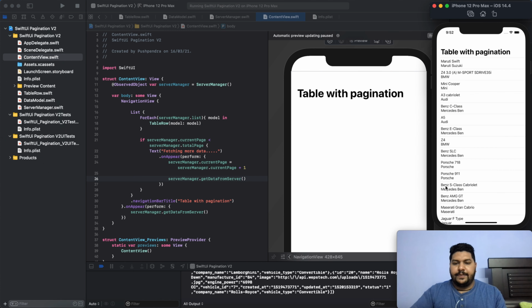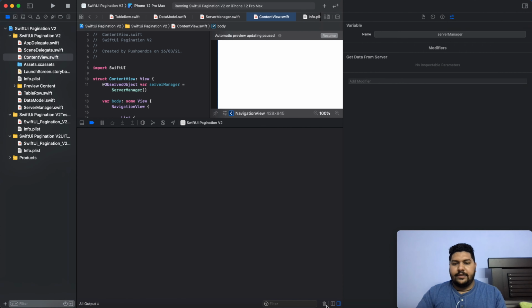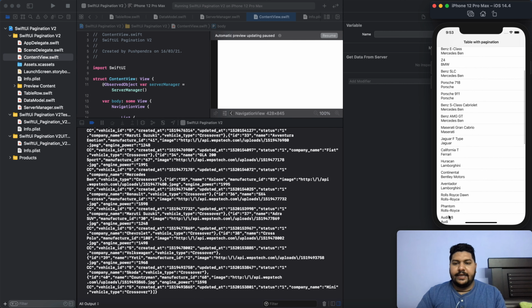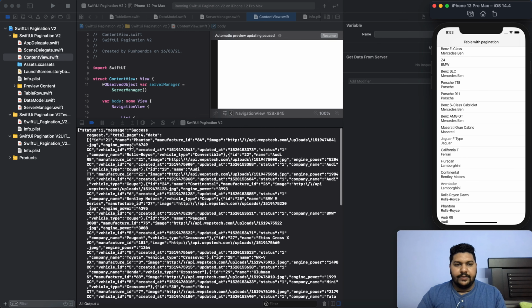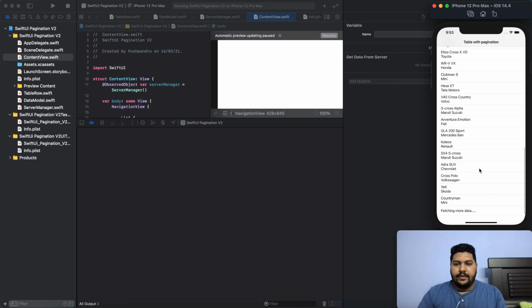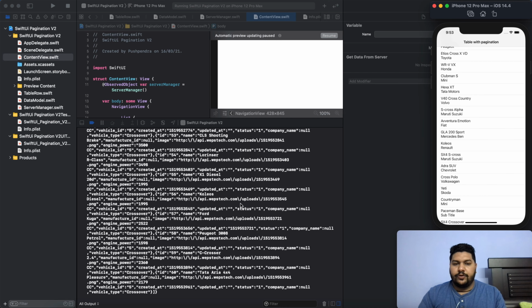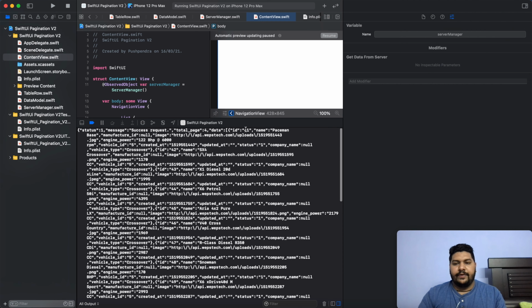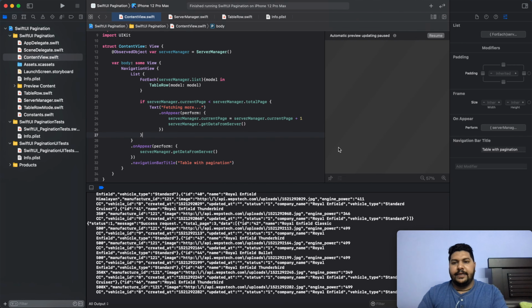This is my first page. This is my first page record, and again I am reloading that. Here you can see at the bottom fetching more record, and this is my second page which will definitely start from ID 21. Now again I am scrolling up, and you can see fetching more data, and the ID must be more than 21, it's 41. So like that you can integrate the pagination.